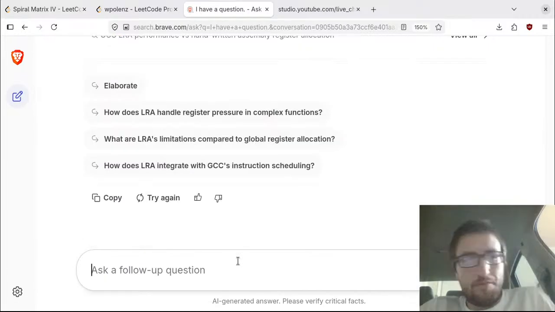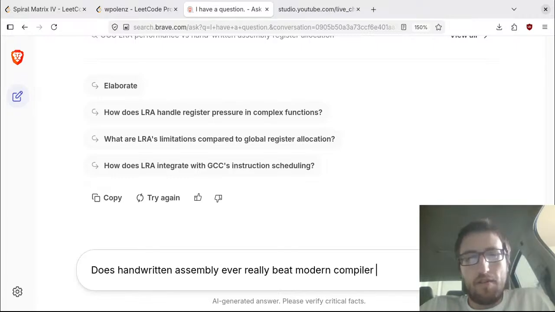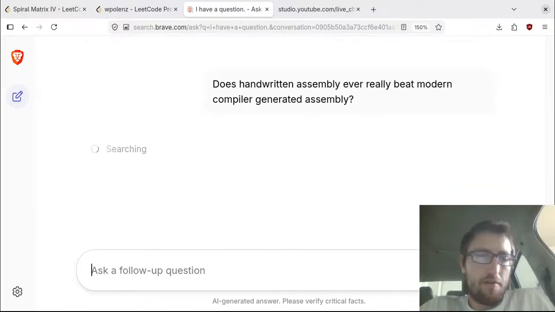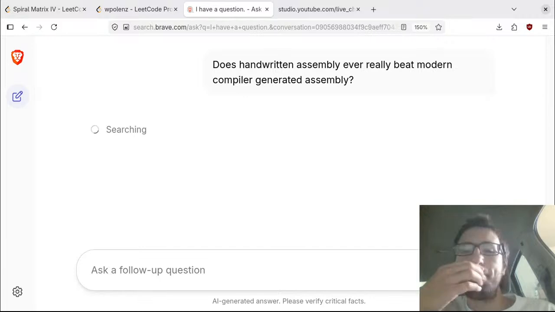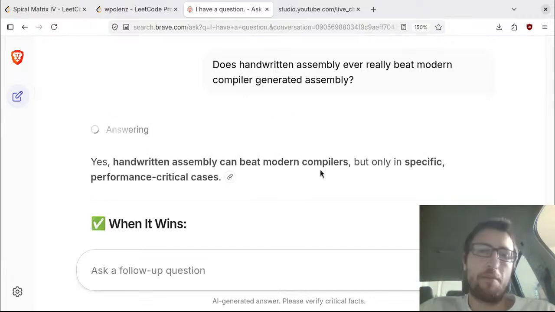Does handwritten assembly ever really beat modern compiler-generated assembly? Yes, handwritten assembly can beat modern compilers, but only in a specific performance